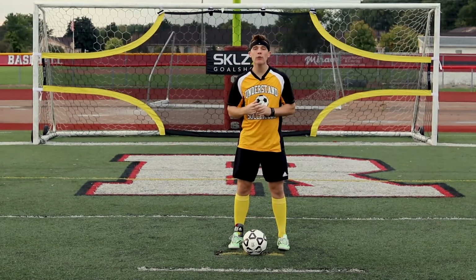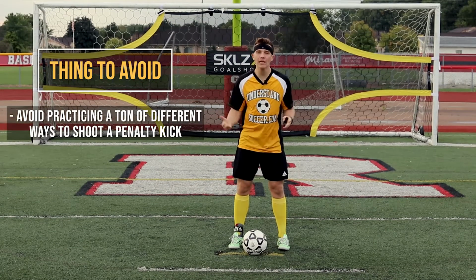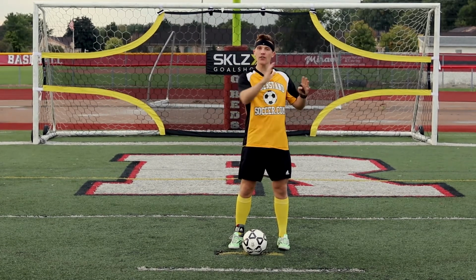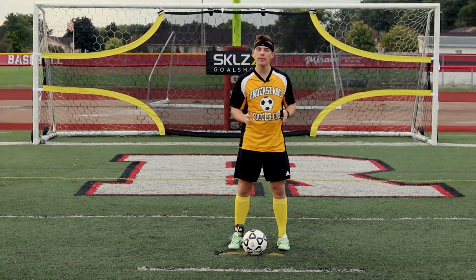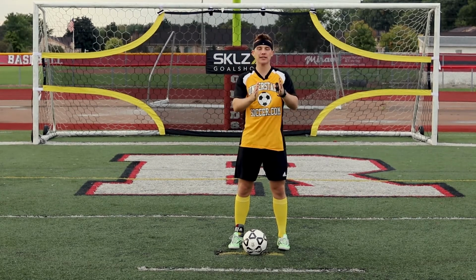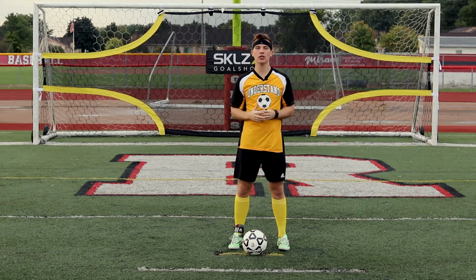So for that first thing that we want to avoid, Soccer Squad, when it comes to penalty kicks, is don't practice 20 different ways of trying to score on a penalty kick. You only need 2. Okay, don't waste your time. Don't be a jack of all trades and have 20 ways to score and you're decent, you're average at all of them, versus definitely be that person that's a master of 2 trades and you can score in either direction. Okay, you've got 2 different ones and you use them depending on the keeper that you're going against in the